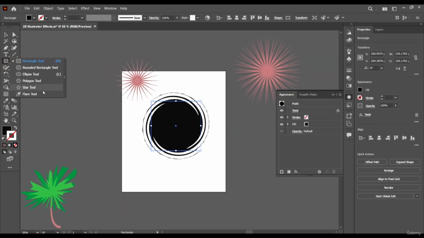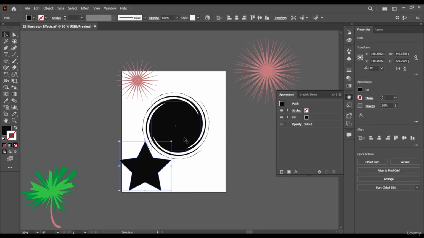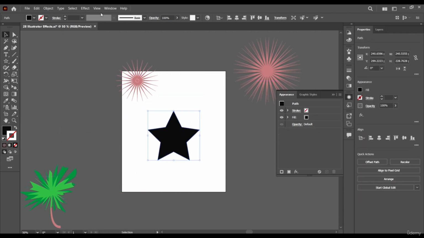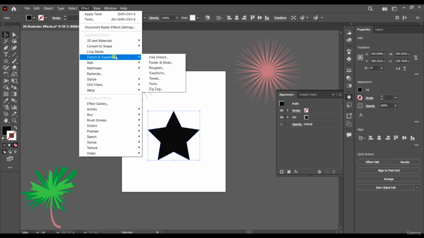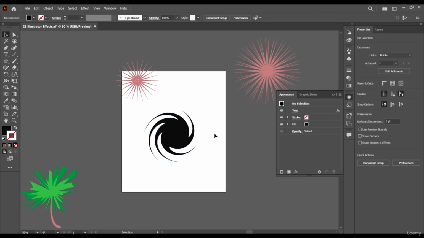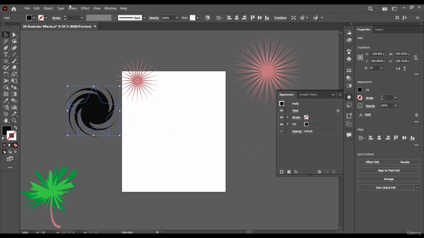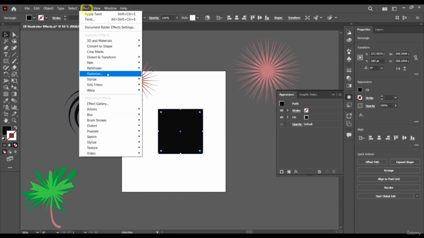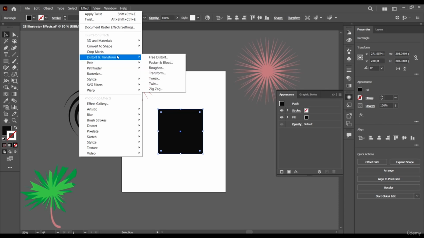We can have a star, maybe. And then let's just delete this guy, it looks ugly. Let's have a star and add our twist effect. And let's see, we want this by 360. Perfect. Now we can see how these effects work. They just work by modifying or distorting our shape. So that's the distort and transform effect.